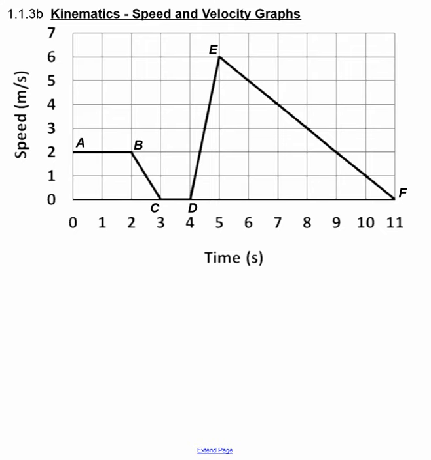Okay, so next we're going to talk about speed and velocity graphs. When we're looking at a speed and velocity graph, the first thing we want to do is be able to tell during an interval or some section of the graph what's actually happening, right? So we want to identify places where, well, what are the possibilities, right? We could have either a constant speed,